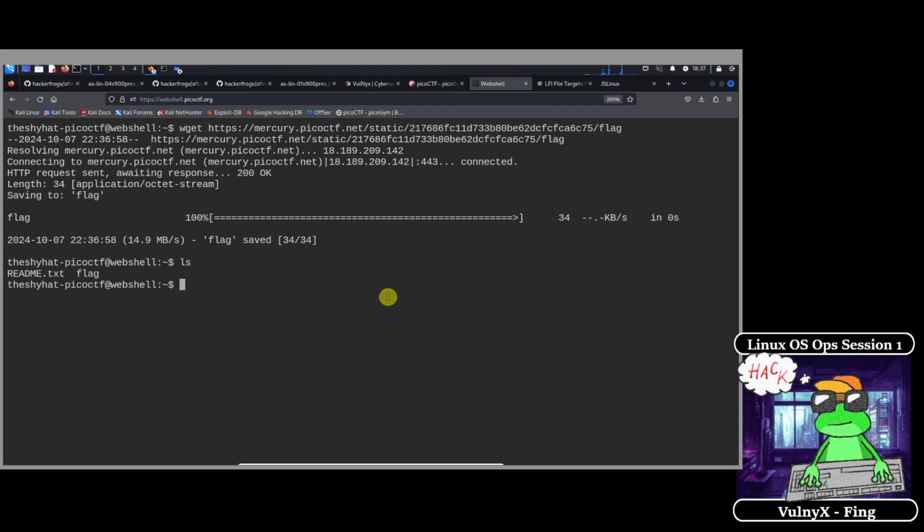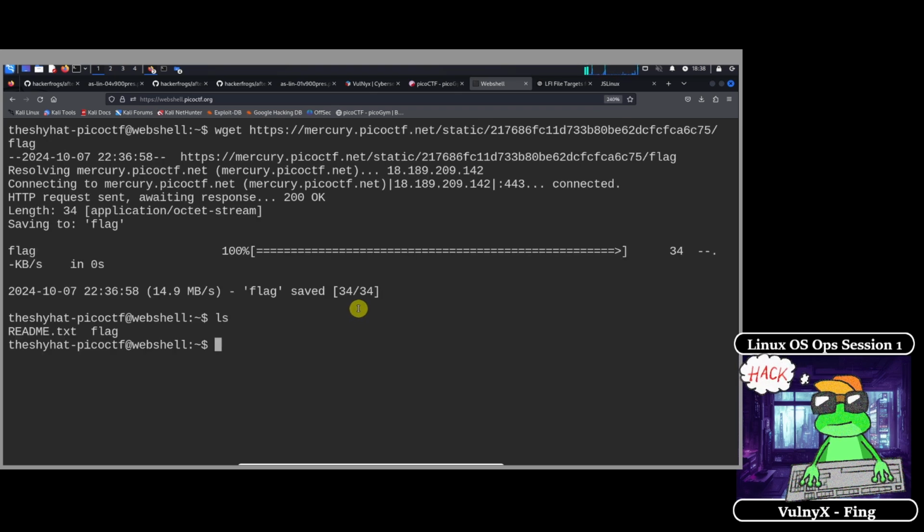Okay, so user D has it correct. The command that we use to read files in Linux is called the cat command. So I'm going to make my text a little bit bigger. We know the name of the file that we want to read. It's flag. So all we need to do after we've downloaded the file is to use the command cat, then space, and then the name of the file, which is file, and then hit enter.